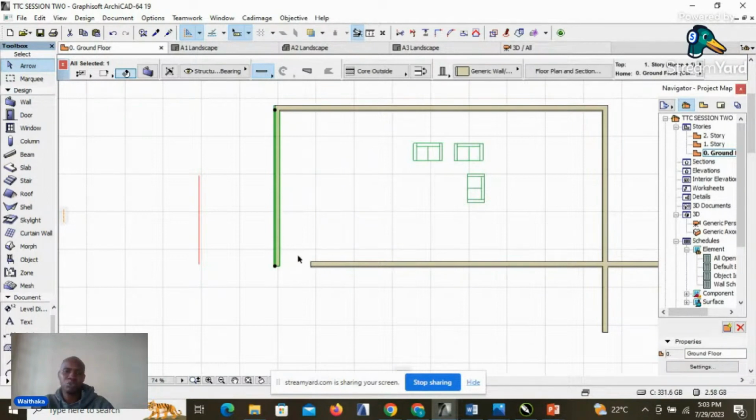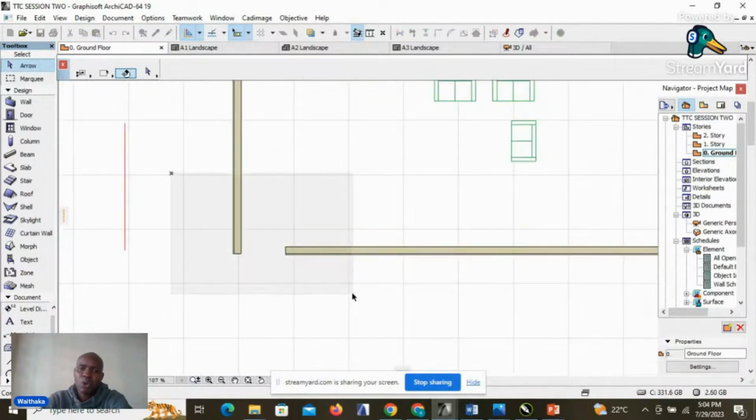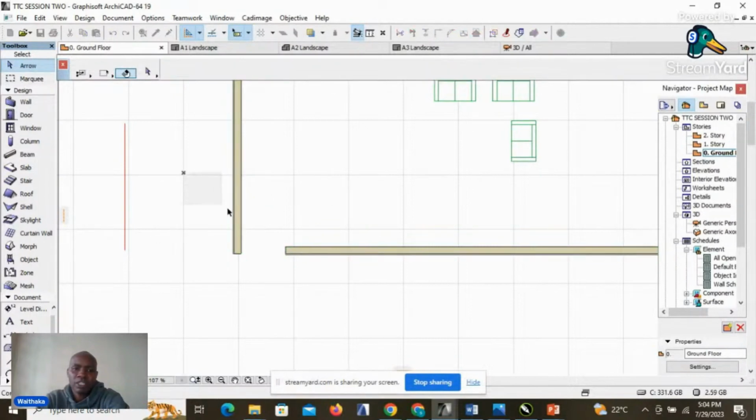And by selecting the two walls, what we do first is select the first one, then you hold the shift key down and click on the next one, and then you have selected the two walls. Otherwise, you can still click on the empty space. Once the cursor is attached to the empty space, spread it along the two walls, and then you click. The two walls will be selected. So you click on the empty space, spread the cursor on the two walls, and then